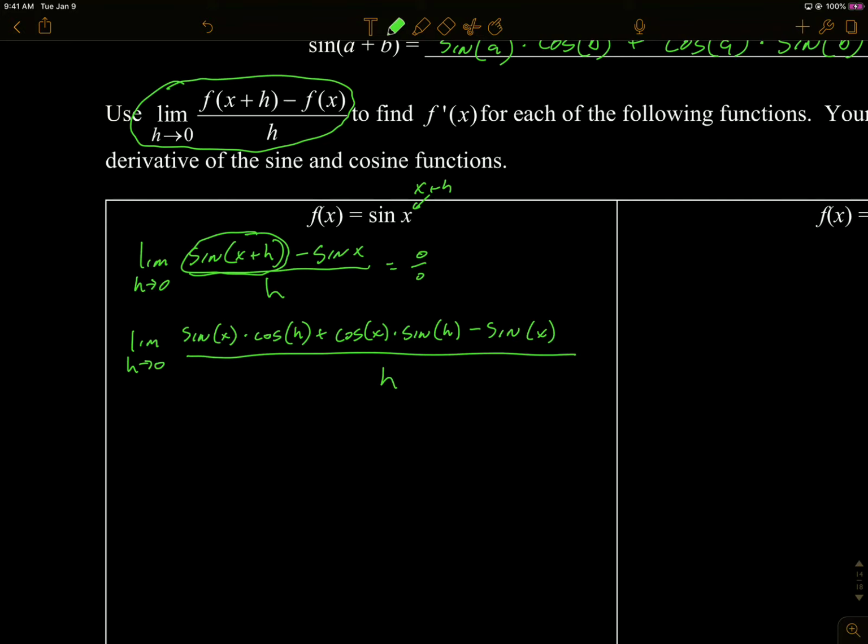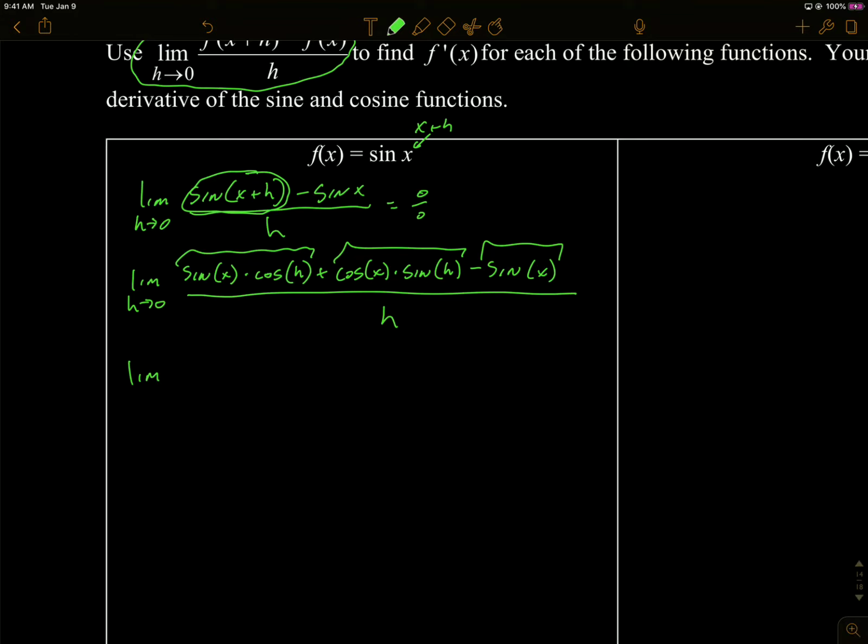Now we've got three terms in the numerator. What we're going to do is group the first and the last together. I'll just rewrite that. I'm going to have sine of x times cosine of h minus sine of x plus cosine of x times sine of h